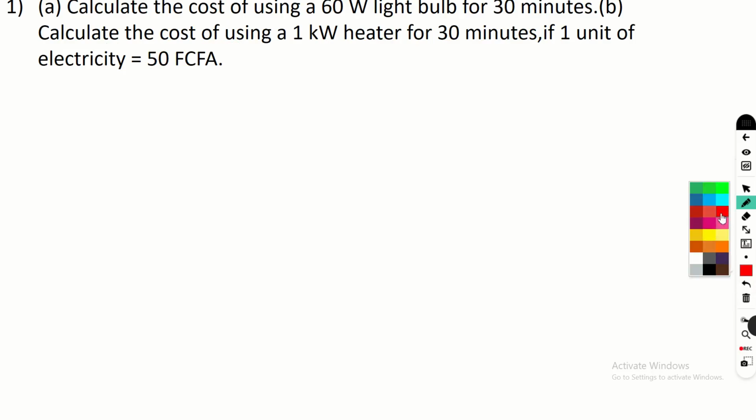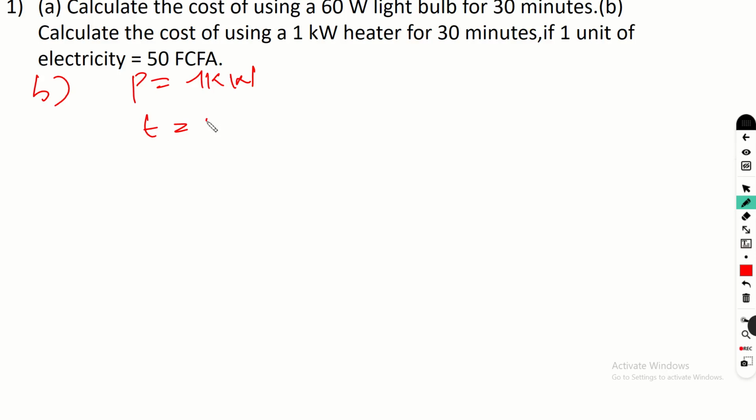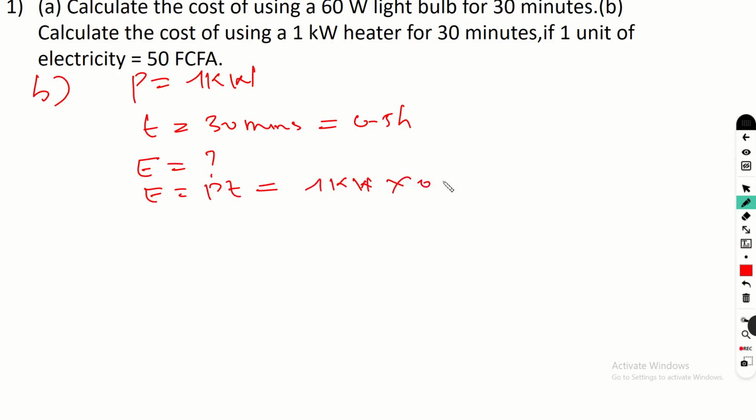So the B part, now what's the cost? So what's the power now? Power is 1 kilowatt, time, same 30 minutes, which is same as 0.5 hour, and you're looking for energy. So energy will equal power times time, which equals 1 kilowatt times 0.5 hour, which will give you